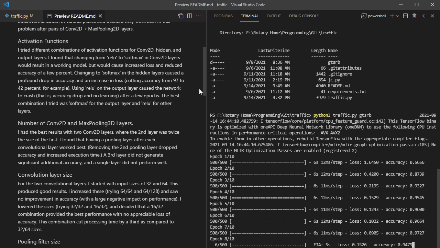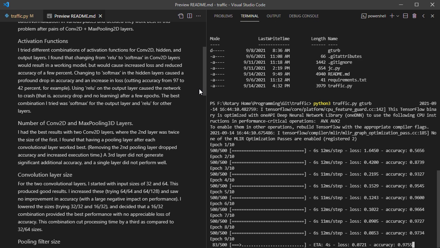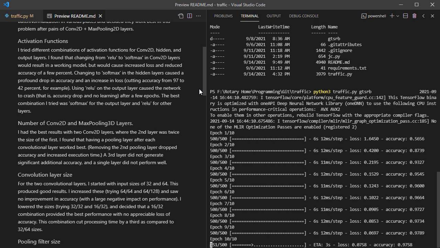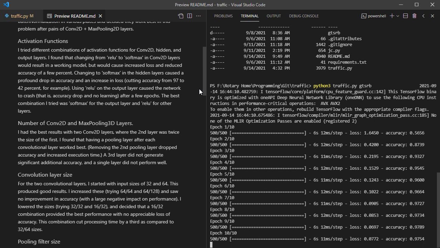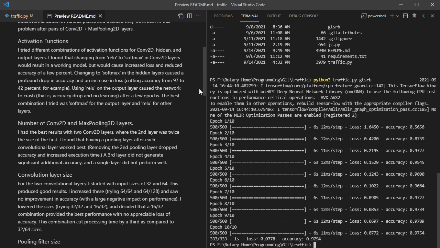In the internal layers, the convolution layers, and the hidden layers of the model, the activation functions, SoftMax and ReLU, both would work, but SoftMax gave lower accuracy and higher loss than ReLU at those layers. So I found the best results were ReLU at all levels other than the ending layer, which was SoftMax. As far as the number of convolution and pooling layers, I found that 2 convolution pooling layer pairs